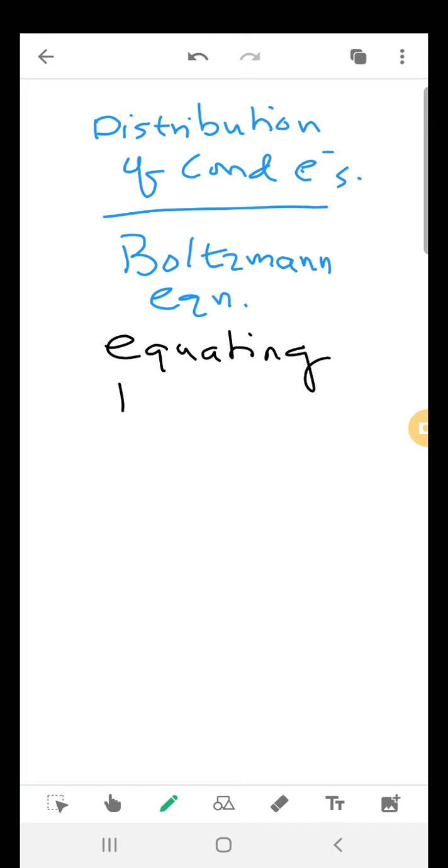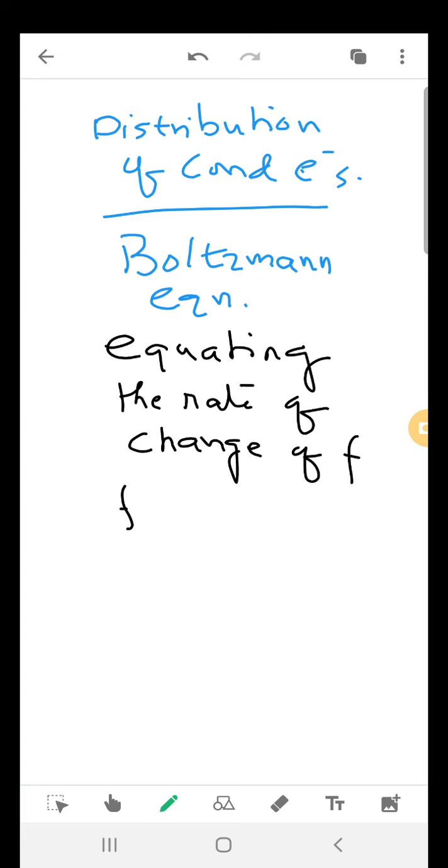F stands here for the Fermi-Dirac function. I hope you know the Fermi-Dirac equation. Those from electronics or electrical engineering might know it. Anyway, you must have studied it in your basic physics course. So, equating the rate of change of F, that is the Fermi-Dirac function,